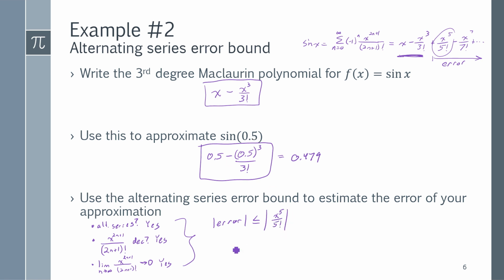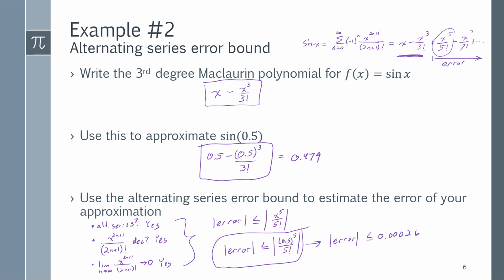But I used 0.5 for x, so the absolute value of my error is less than or equal to the absolute value of 0.5 to the 5th over 5 factorial, which I could leave like this. But for those who like to simplify, that means the absolute value of my error is less than or equal to